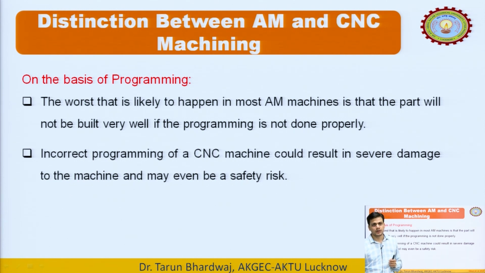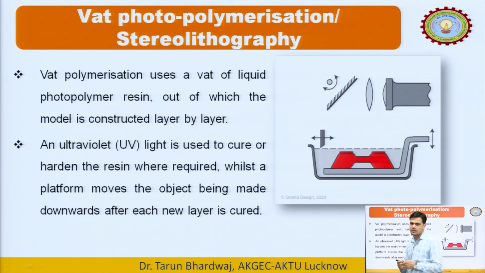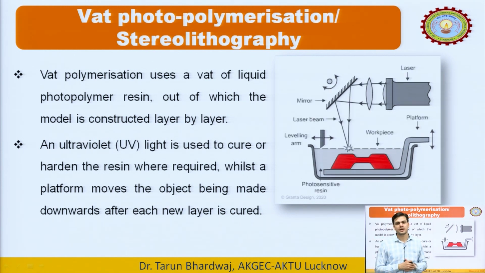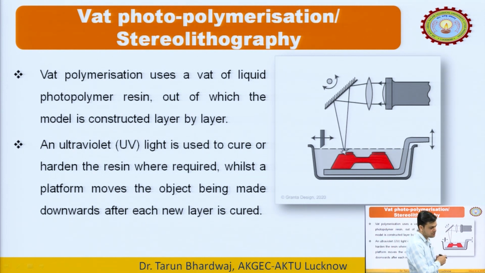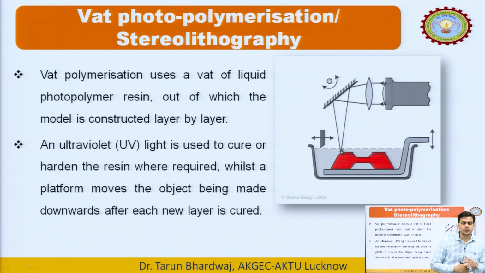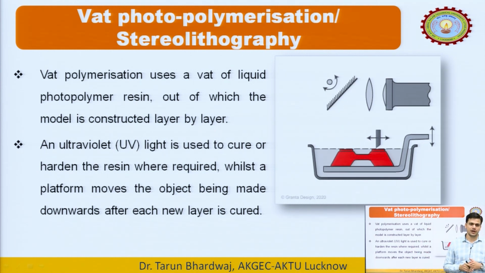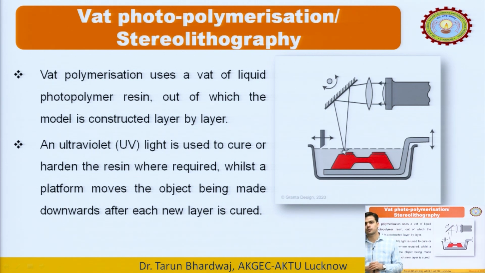Okay, now if you just talk about some classification of this additive manufacturing process, so we are having a different classification over here in this additive manufacturing process. Okay, so the first one that I have told in the history कि जो पहला process basically हम लोगों ने बनाया that is the wet photopolymerization और stereolithography, जो सबसे पहले basically originate हुआ. Okay, so wet photopolymerization uses a wet of liquid photopolymer resin out of which the model is constructed layer by